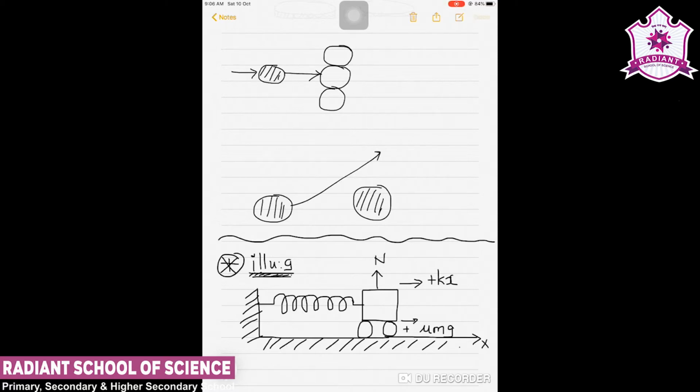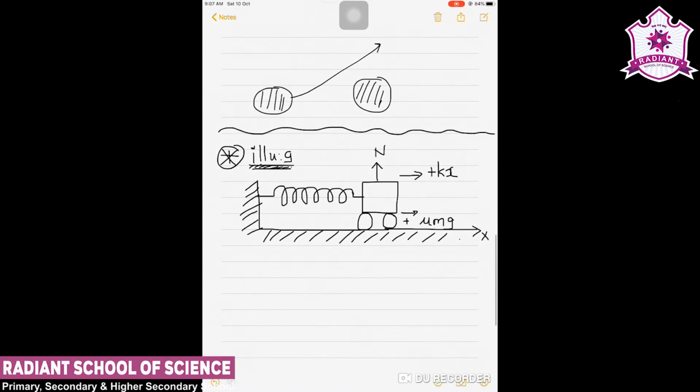So here the mass is 10 to the power 3 kilograms, moving with a speed of 18 km per hour. Here V is 18 km per hour, already converted into 10 meters per second,